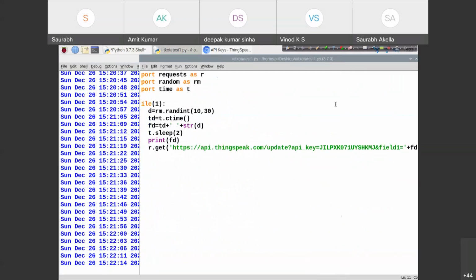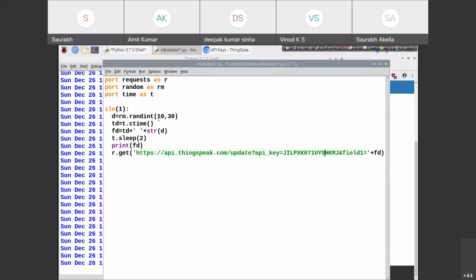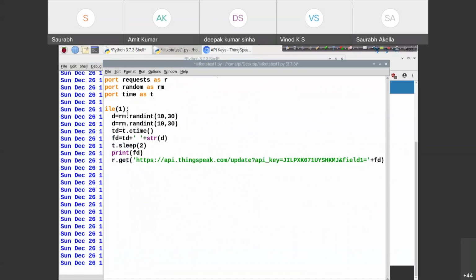In fact, why only one parameter? Why only temperature data? Can't we have humidity data also? Let's just have one more parameter. D1 is temperature and this is your humidity, H, right? Consider this is your temperature and this is the humidity as well, right?